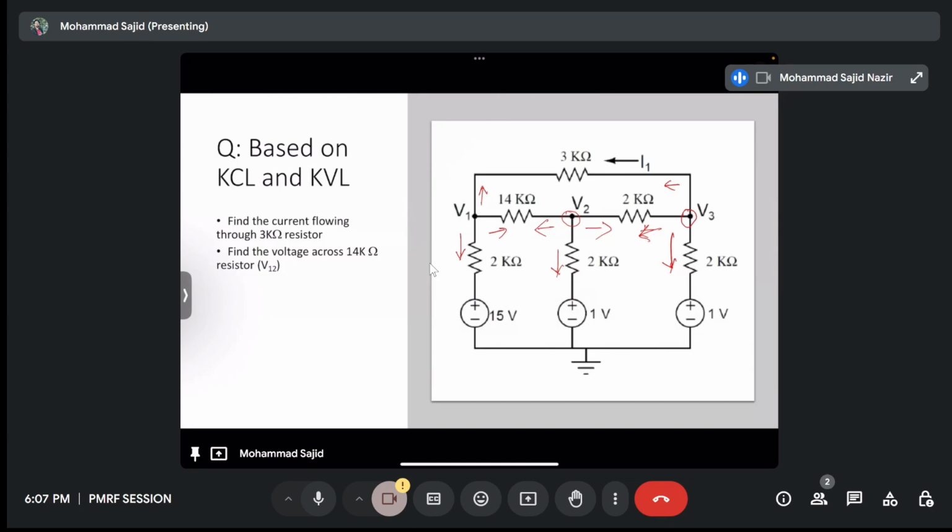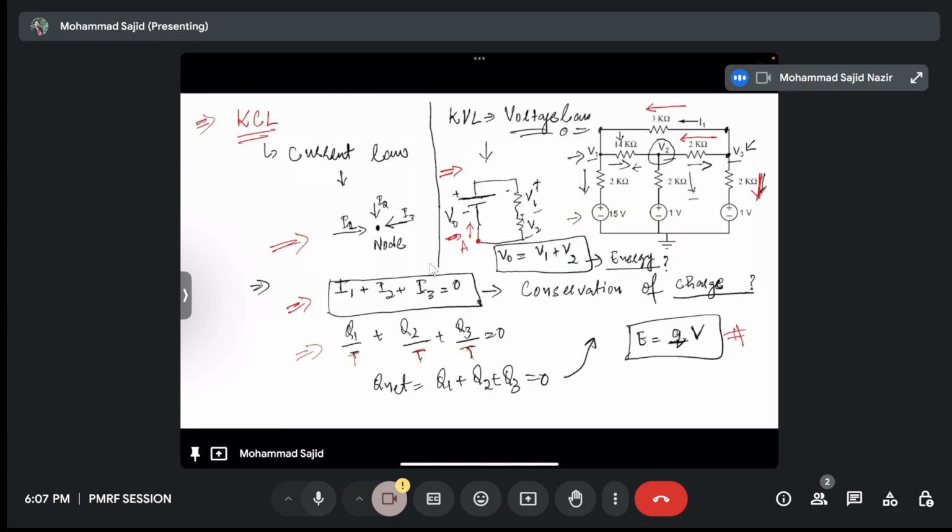Okay, so in the first week, we started with KCL and KVL, and this is the first circuit where we discussed what is KCL and KVL. So KCL is a current law which tells us that the current coming to the node,